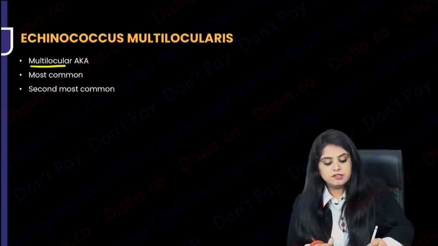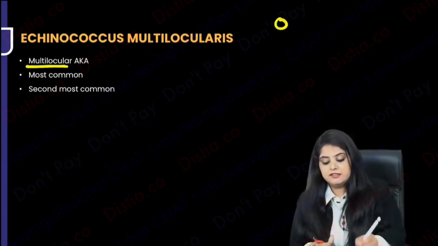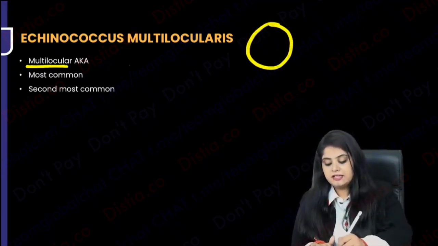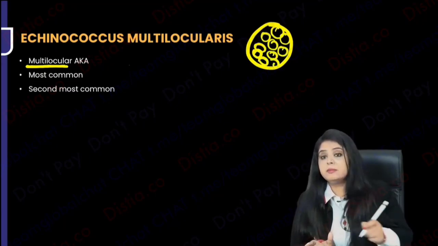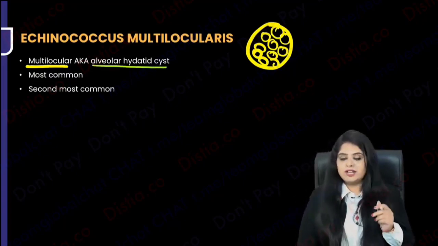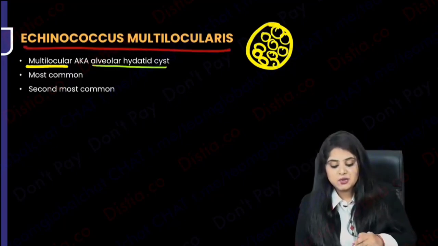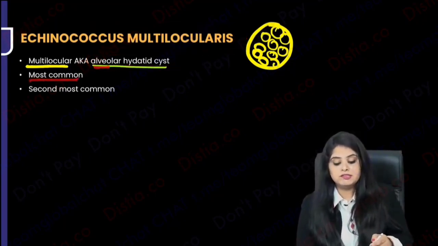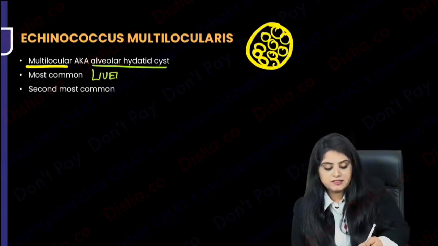So you'll say, what is this multilocular thing? I'll say, hang on. Earlier, hydatid cyst was looking like a nice cyst like this. Multilocularis is, inside every cyst there will be multiple cysts. Multiple locules are going to be there. So this is also known as the alveolar hydatid cyst. Now as soon as I say, oh, you know what I'll do? I'll tell you I would have also done that if I would have been in your place. As soon as I say Echinococcus multilocularis is alveolar hydatid cyst, students say, oh, this means the most common site must be the alveoli. No, here also the most common site is the liver and the second most common site